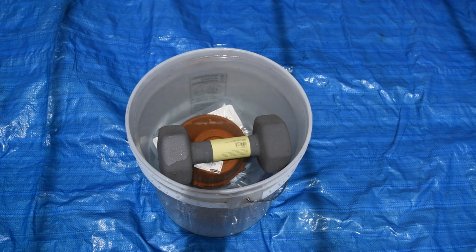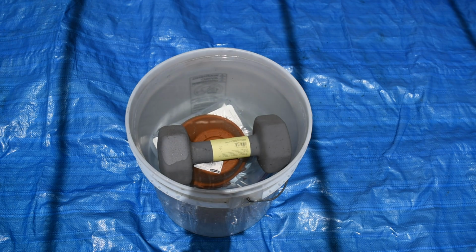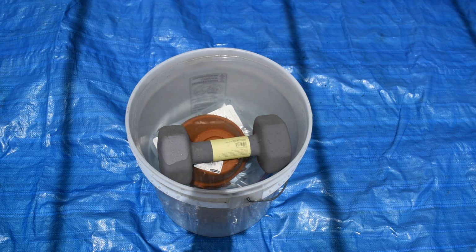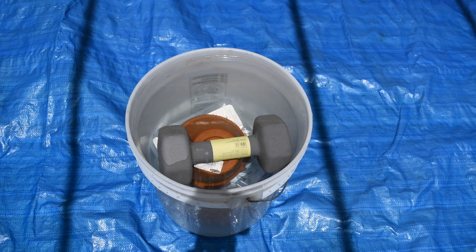The truth of the matter is that as long as there's a little bit of air in there, it's going to likely float back up to the surface. But let's just pretend, for example, that you had each of these items in a Ziploc bag kept in another container that was weighed down. As a result, it would get flooded and these would not be allowed to float to the surface. And so in a situation like that, what's really important and what's really necessary is understanding that,